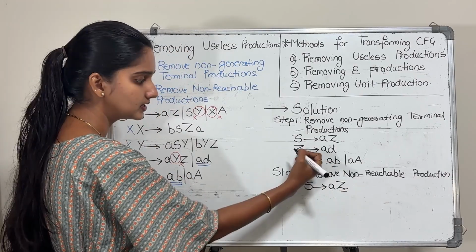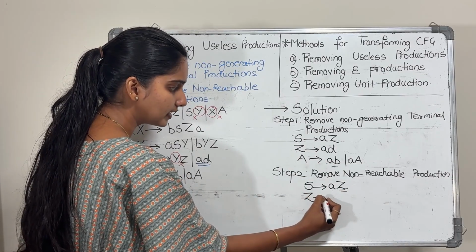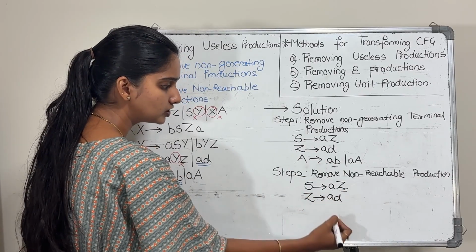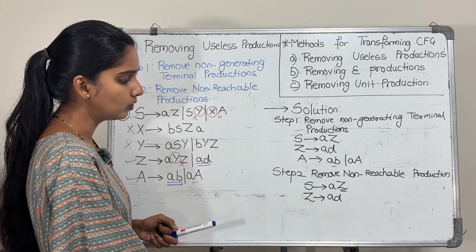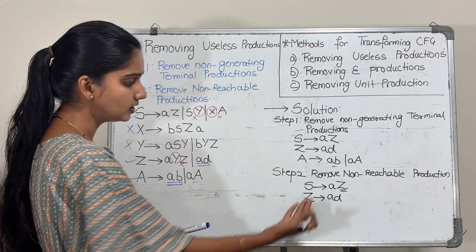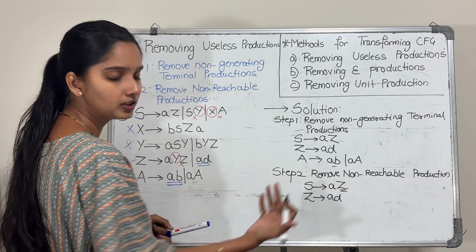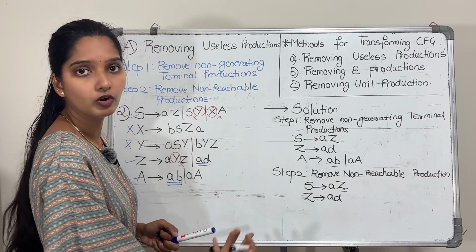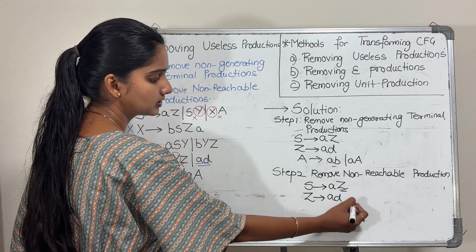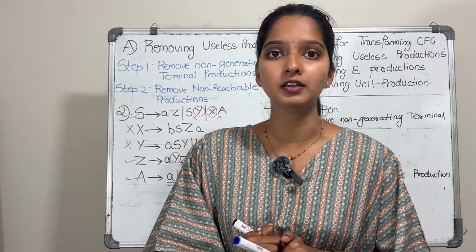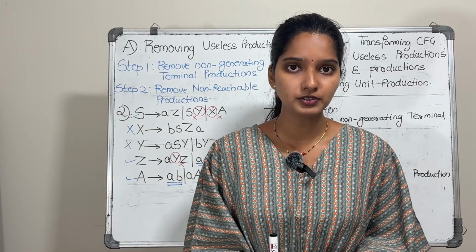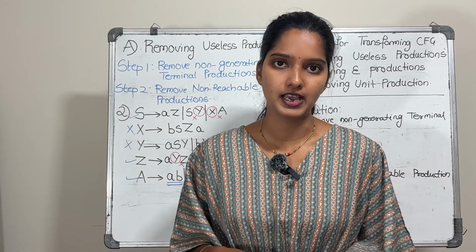So what we can do is consider the productions of Z. Z is giving me AD. Now check, from anywhere can we reach A and take the productions of A? No, right? It is not reachable. Z was reachable, so we have taken the productions of Z, but A is not reachable. So this is nothing but my final grammar. I have covered all the possible points in these 2 examples. I hope you all understood this. Yeah, thank you.